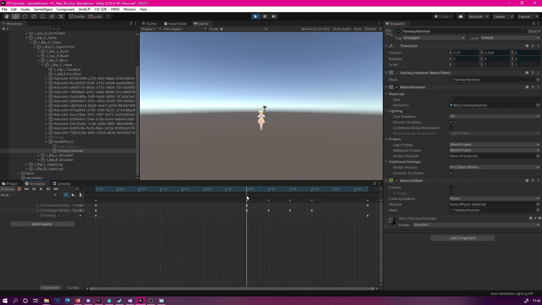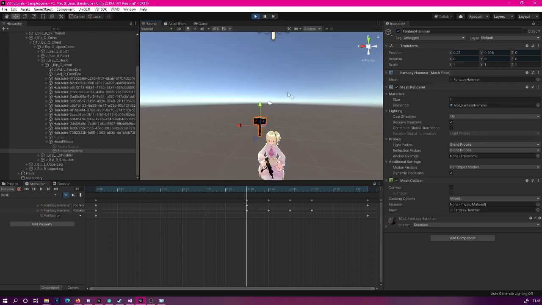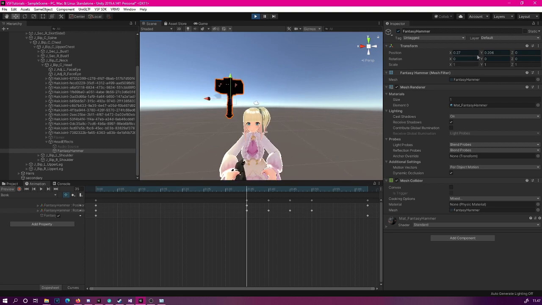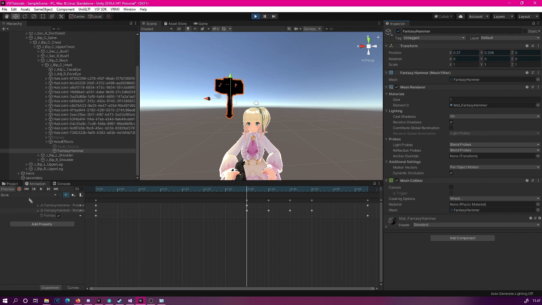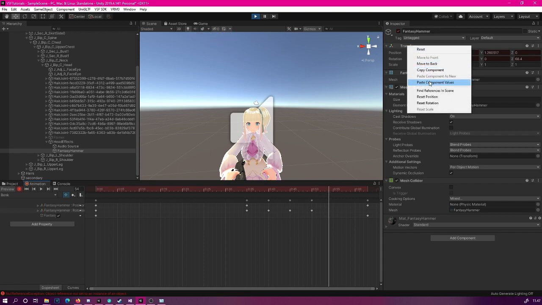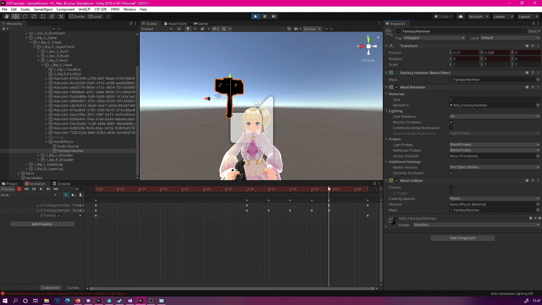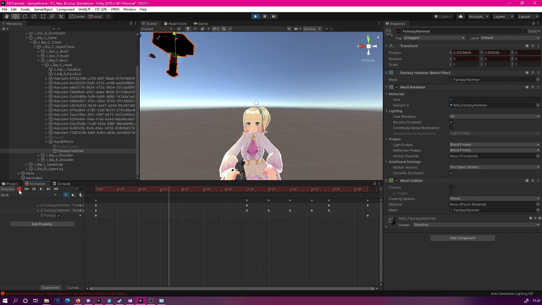So to fix this, let's go to the spot where we have the hammer in a position where we like it to be, like so. And now you can take a look at these coordinates, and we're gonna be applying them until the end spot, basically. So let's just simply copy these component values here, click the record, and let's move to the last frame like so. Let's add it here. And we're gonna paste the component values here like so. So now we have the hammer return back to its standard position like so, and only after that will it fly away. Now we can try this again with the play.